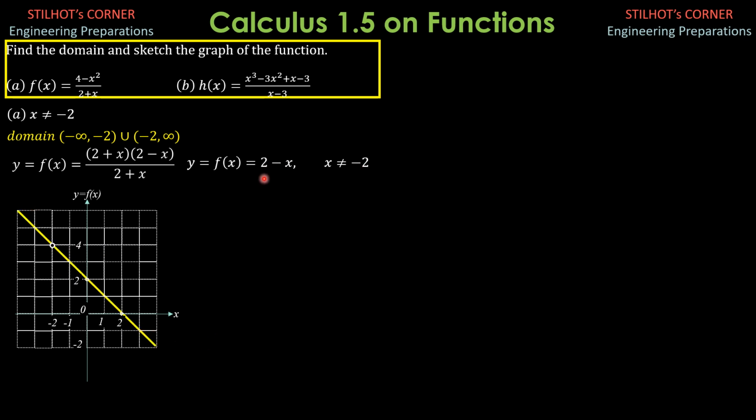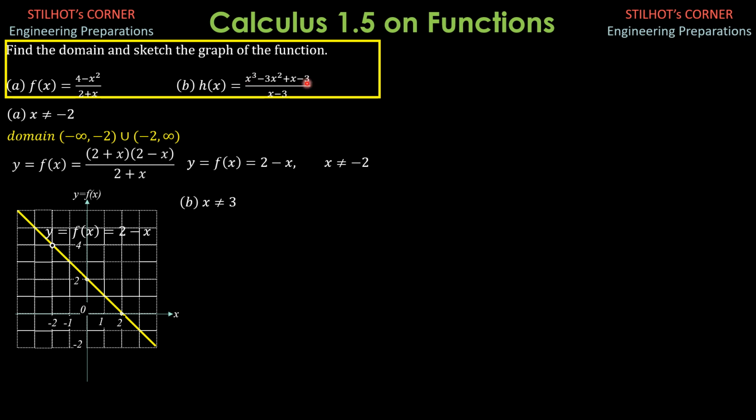So that's the graph of y equals f of x, which is 2 minus x, and it is a solid line except this invisible break supposedly at negative 2 comma 4. So that's it. The restriction is x should not be equal to negative 2, so that's the graph. For the second part, x cubed, x should not be equal to 3 because we have a denominator again. That's the restriction. That's the point of discontinuity.